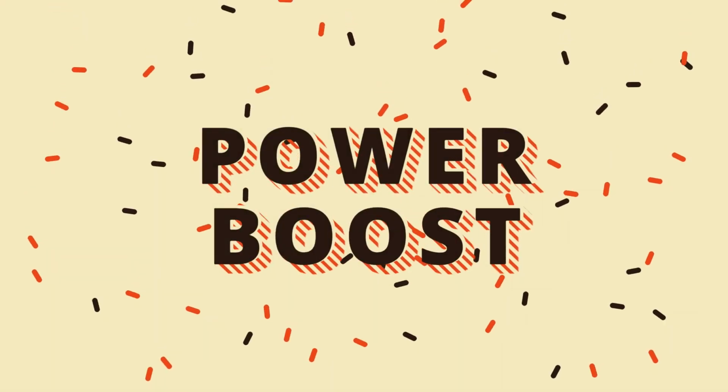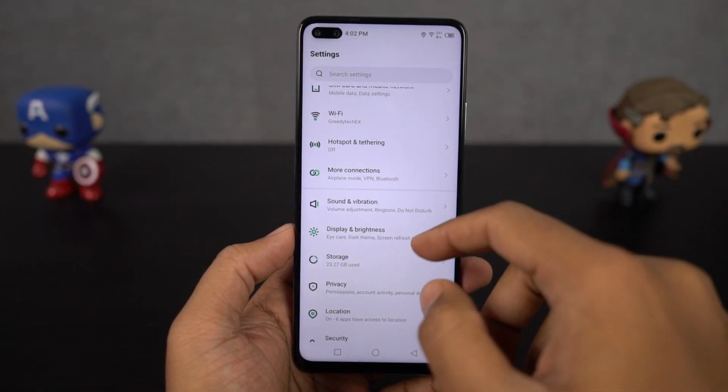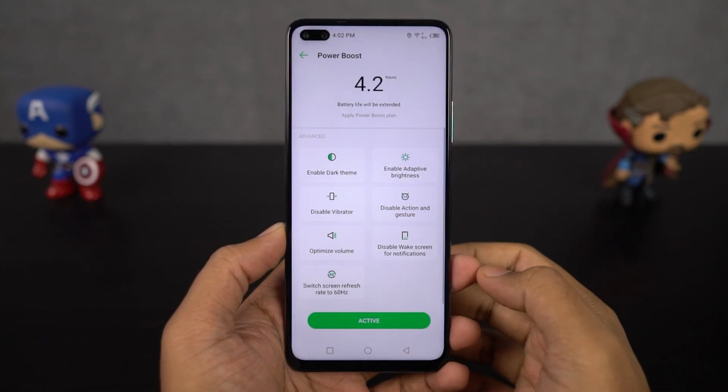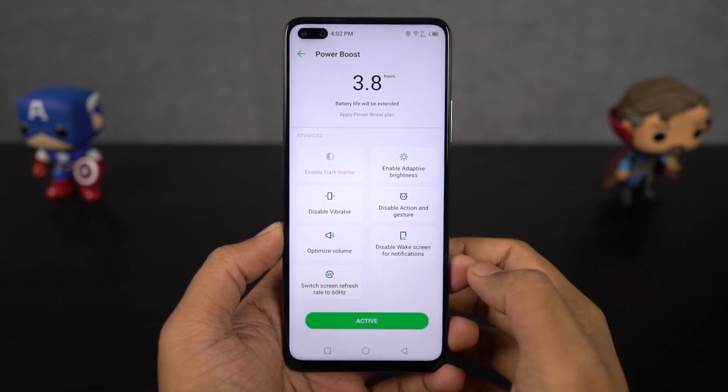Next, we have power boost. Now this is just a fancy name for power saving mode on this phone, and once you enable it, it'll just reduce the performance of your phone and thereby improve the battery life. I personally will not recommend you to use it, but if you think your phone is smooth enough and the